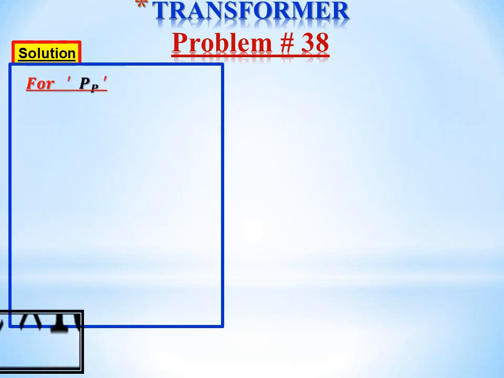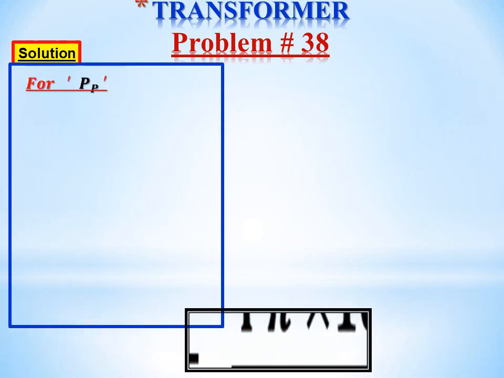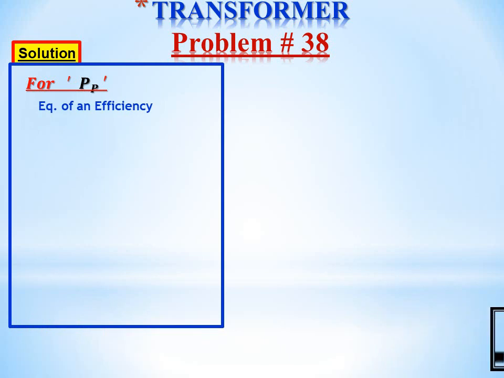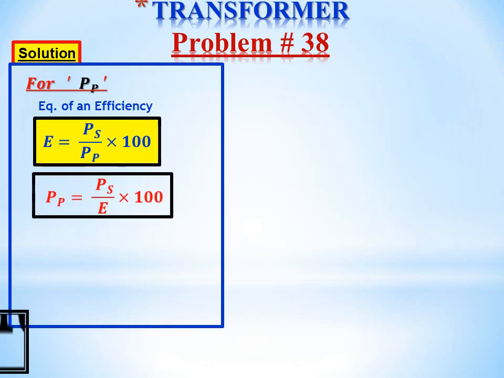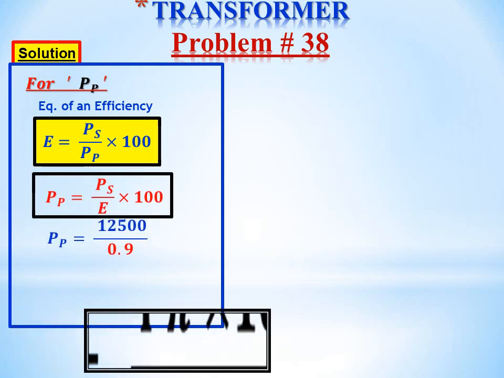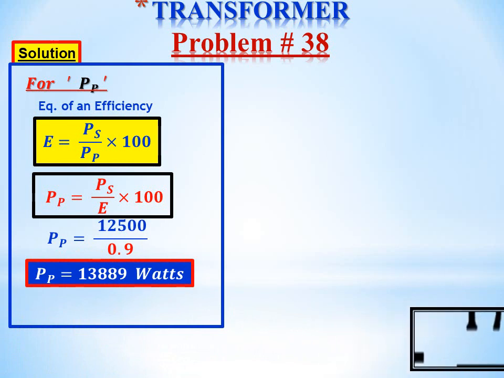Okay, now next thing is power in the primary coil. So from the equation of the efficiency, that is E is equal to PS upon PP, then power in primary will become PS upon E. So by placing their values, we will get our power in the primary coil, that is 13,889 volts